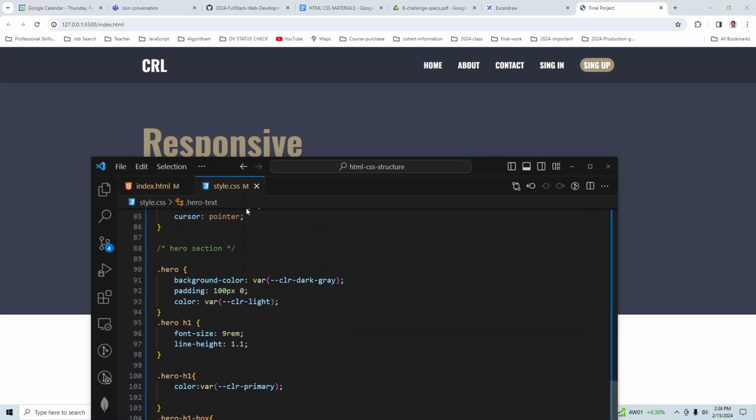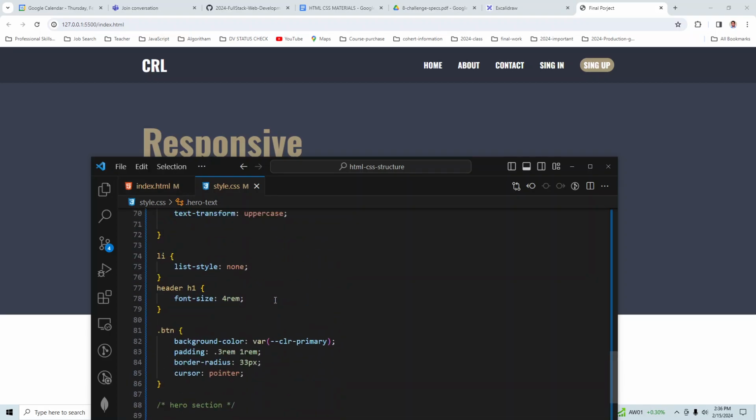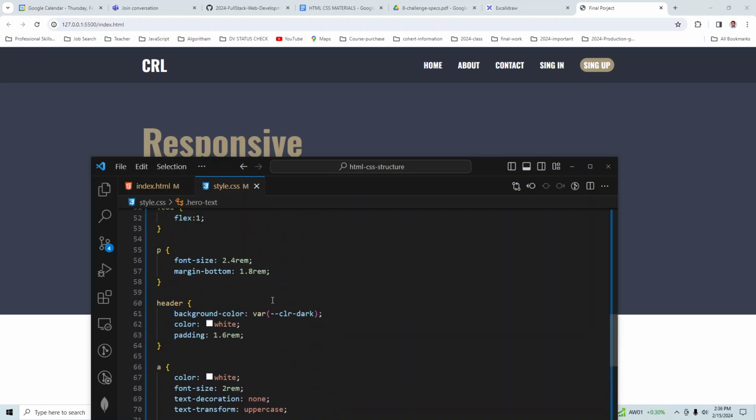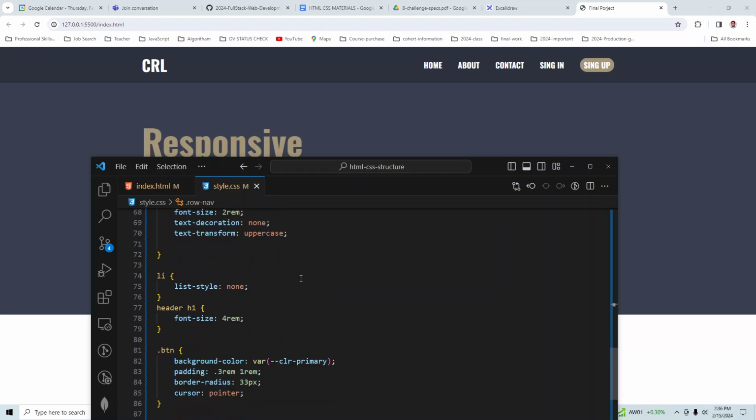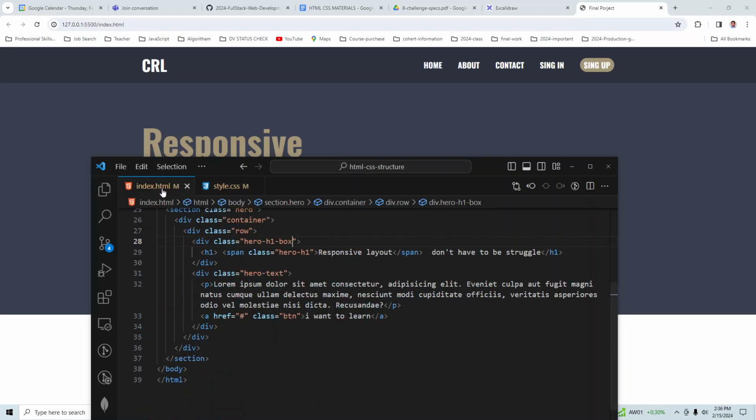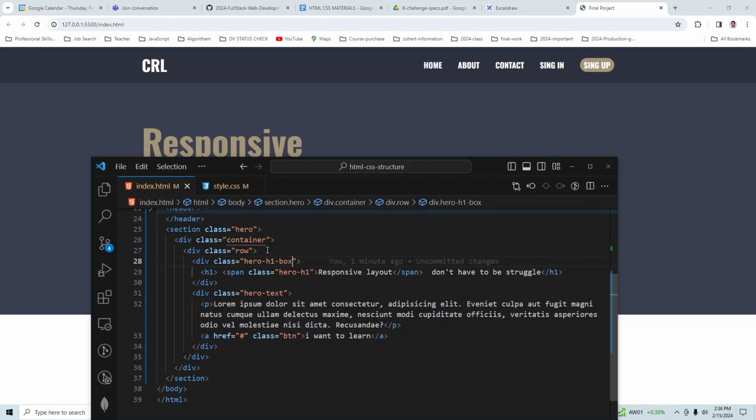What you can do is, remember we have the one with the align item space between. What is that space between? Class name row nav, right, space between. You can apply that, okay. Or what we can do is, I mean, there is already space now, right? We don't have to, but if you want, you can apply that also. That's why it's better